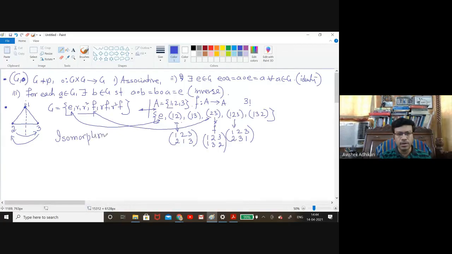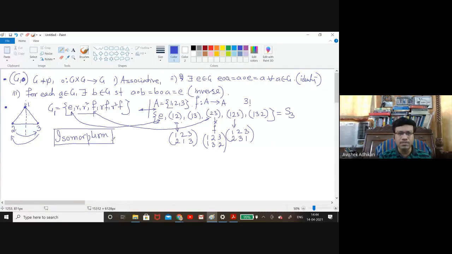Isomorphism. I am not talking anything about isomorphism at this point of time. Then we will see in what respect these two groups are the same. So here, if you consider this as G1 and this as S3, then in what respect are these two groups exactly the same? That notion could be captured by using the mathematical technical term isomorphism.